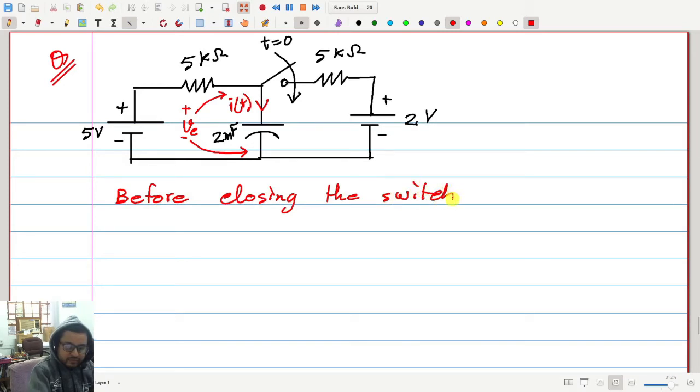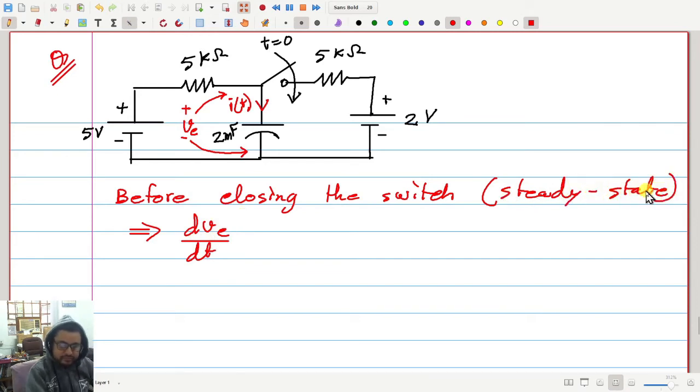Sir, can we steady state? Before, so the left side is closed. Only the right side was open. So right side is open, left side is closed, and assume that this was kept like that for a long enough time. So the circuit reached a steady state. So steady state, so it's 5 volts. So that means in steady state, this voltage VC, so this dVC/dt must be equal to 0 because at steady state, all quantities should become constant here.